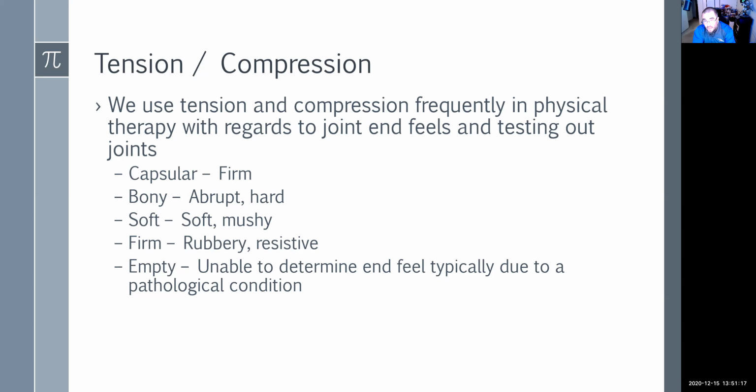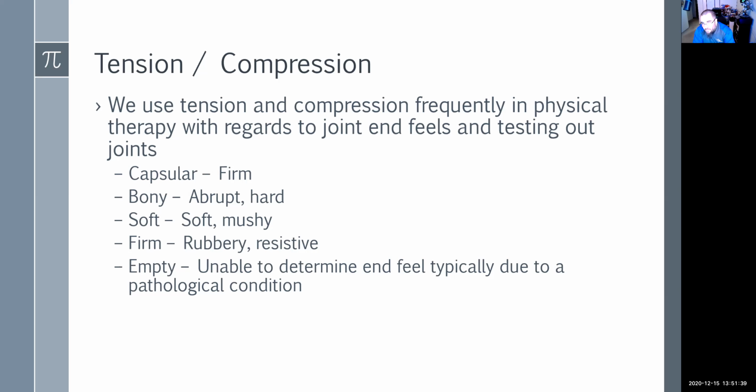Soft end feels, where we get a softer, mushy end feel. So maybe when you squeeze your elbow up into elbow flexion, because you have those soft tissues approximating. Or more importantly, when you bend way over, eventually your belly kind of gets in the way of you bending much farther over, unless you're really, really skinny, then you can touch your toes, unlike me. Firm again is where you get the resistance of the muscle.